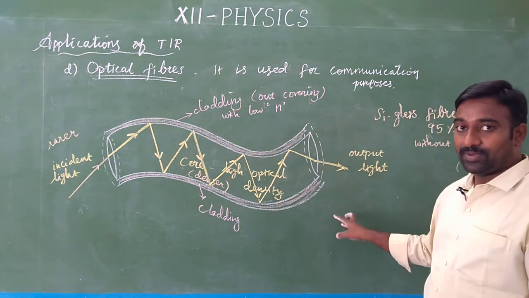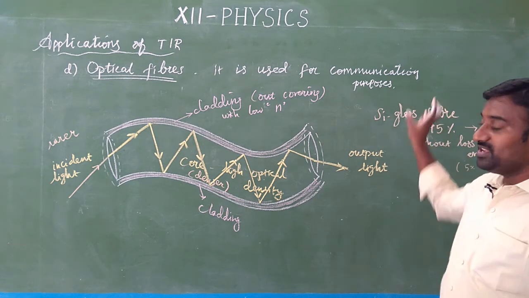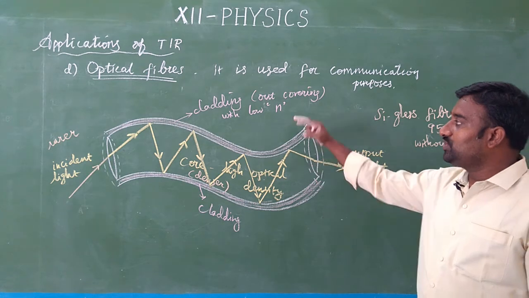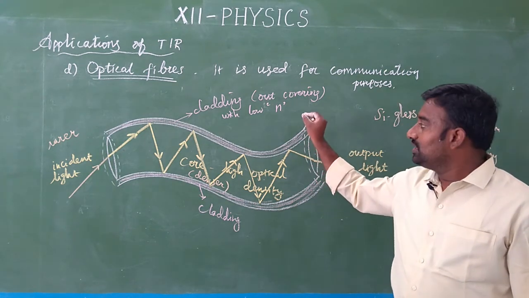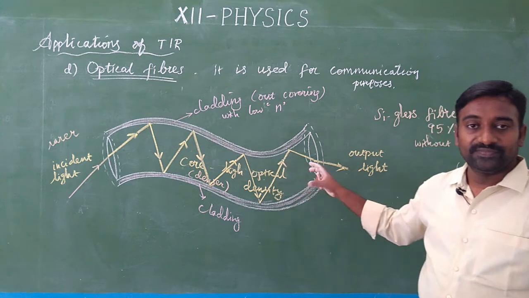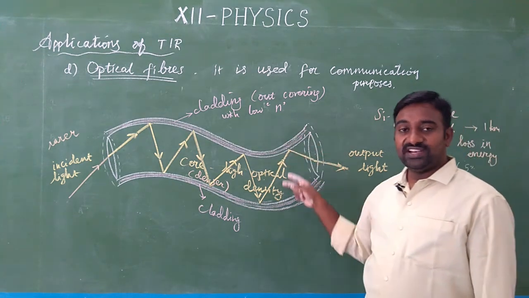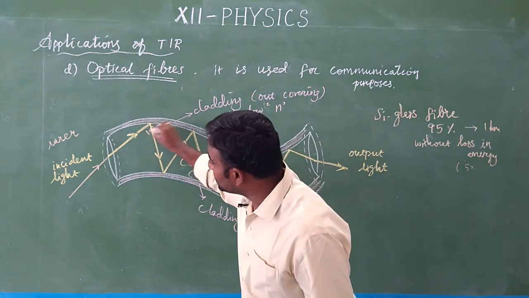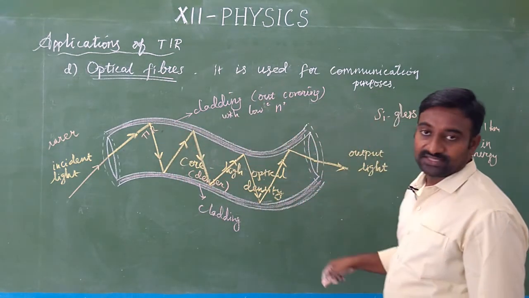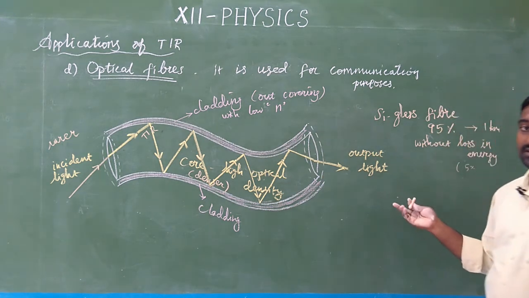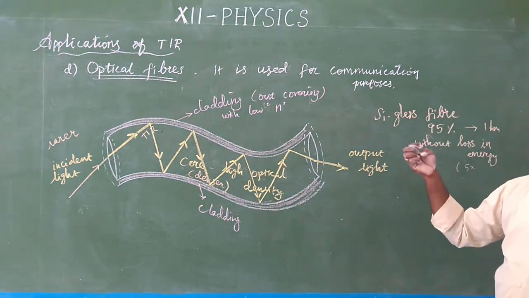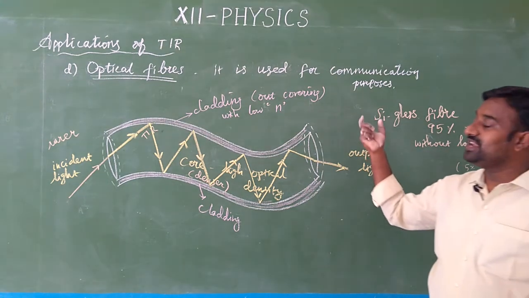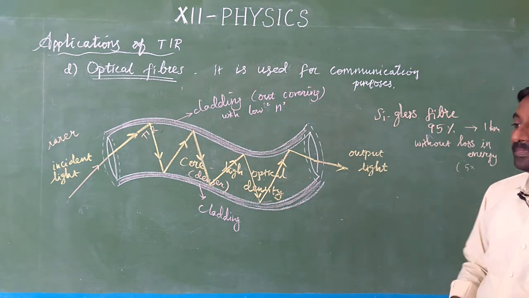So optical fiber, that is fiber optics, is mainly used for telecommunications. In construction, it consists of a flexible transparent medium. The outer covering is called the cladding, which has low optical density. The inner core has high optical density. For two media of different density, when we allow light to pass through them, it undergoes multiple internal reflections. So the energy loss is very, very less. The maximum amount of energy sent as input, we can get as output. Because of that, optical fibers are mainly used for internet communications.